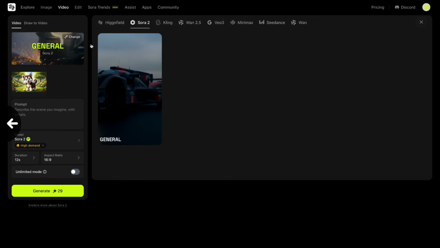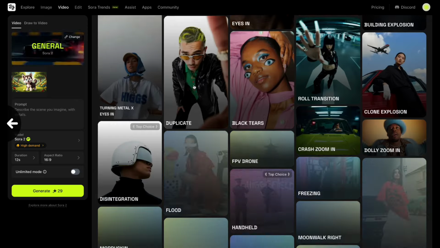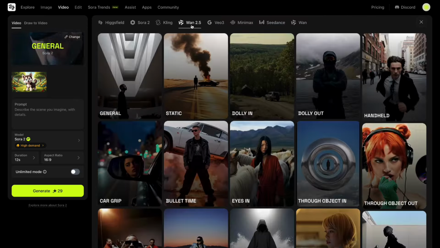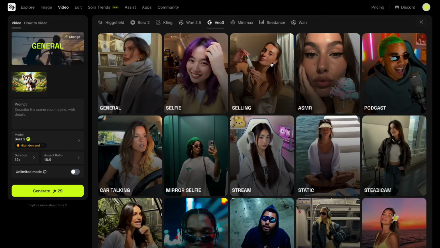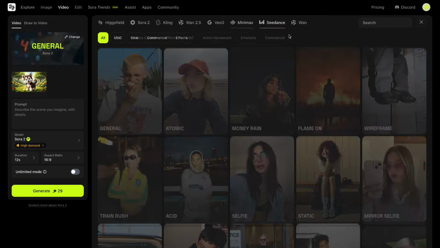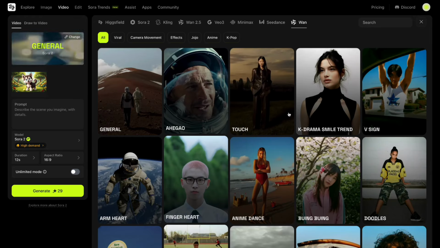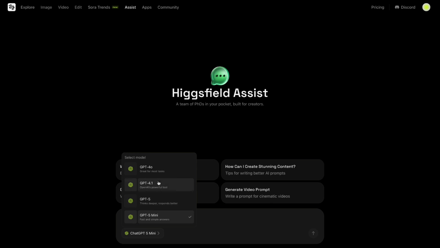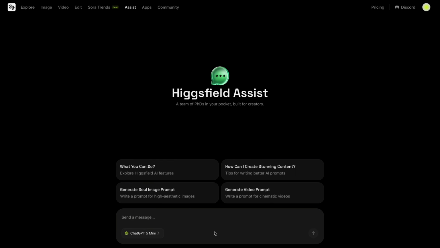What I love about Higgsfield is that it not only integrates the latest image and video generation models, but also comes with tons of preset effects for your products. Even if you're not a professional, you can still create amazing, eye-catching results. Plus, it has an assist feature powered by ChatGPT, which helps you whenever you get stuck. For example, if you don't know how to write a good prompt,